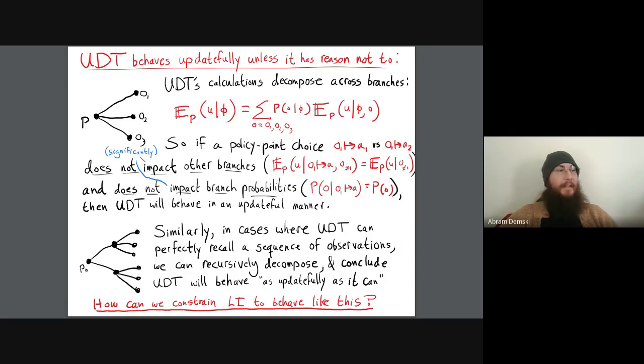And so you don't first observe this partial information and then observe more information. When you observe this, you also know that you're not at this branch. And so